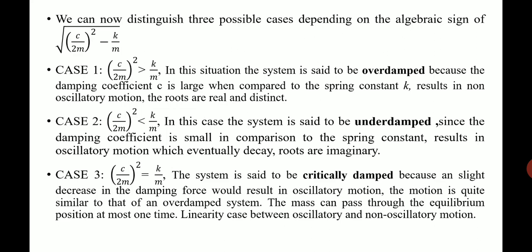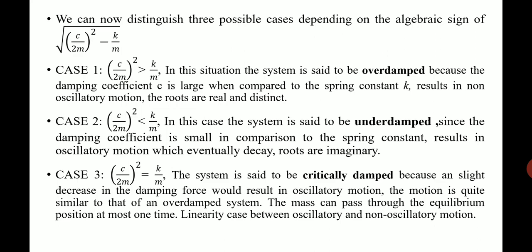While the third case is called the critically damped system. The critically damped system is the most desirable case, where we can bring the body to equilibrium in the shortest possible time. Critical damping is used in cases where we need to arrest the motion immediately, like in the recoil of a gun.